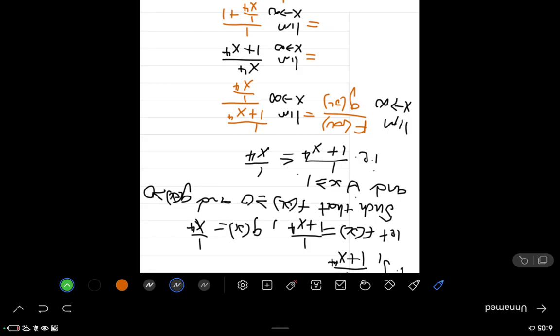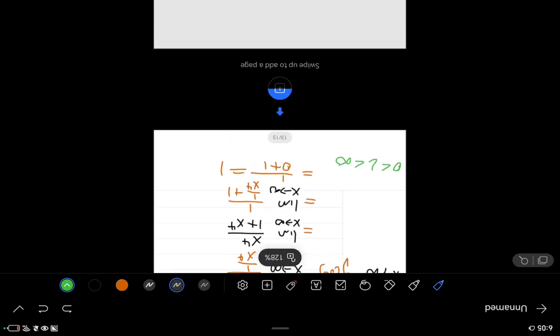Can we move? Yes, yeah, we can move. I don't want to make this one too long. So it means that we would say,